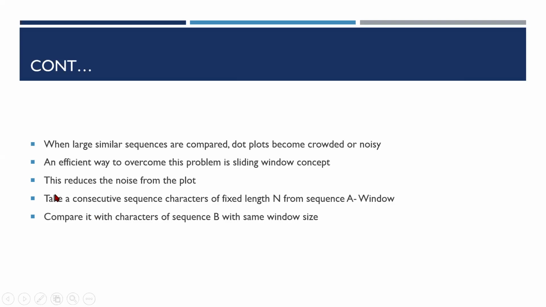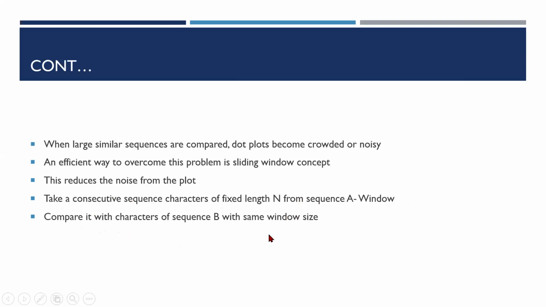So a consecutive sequence of characters of fixed length n from sequence A is called a window, and that window from sequence A is compared with characters of sequence B with the same window size. That means if you fix the window size as 10 in sequence A, in sequence B also the window size